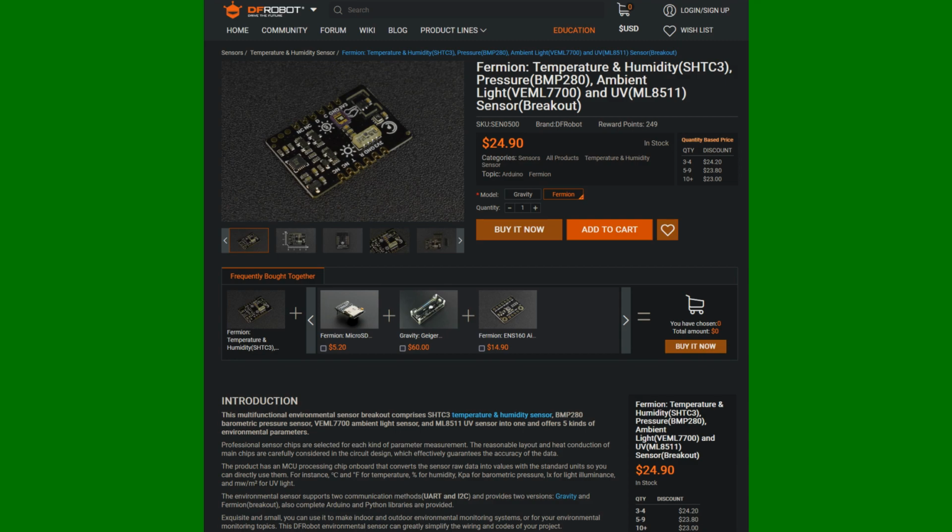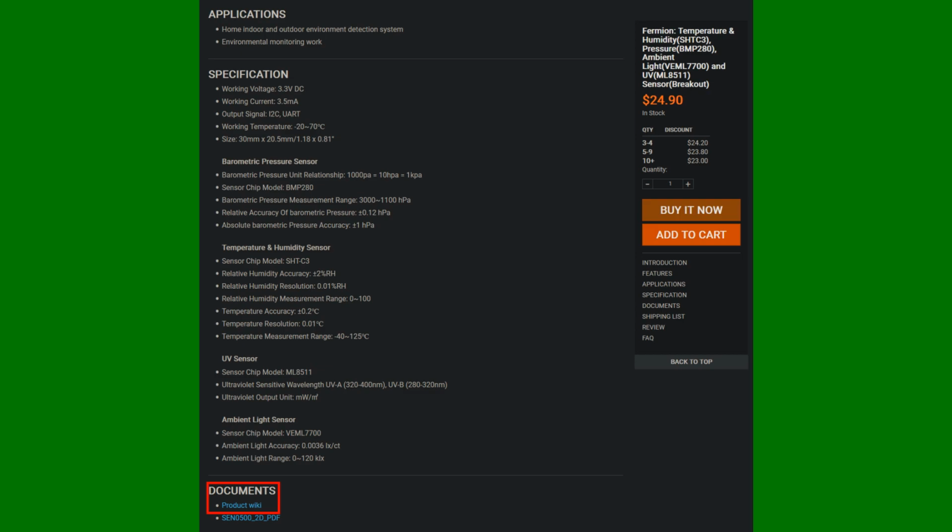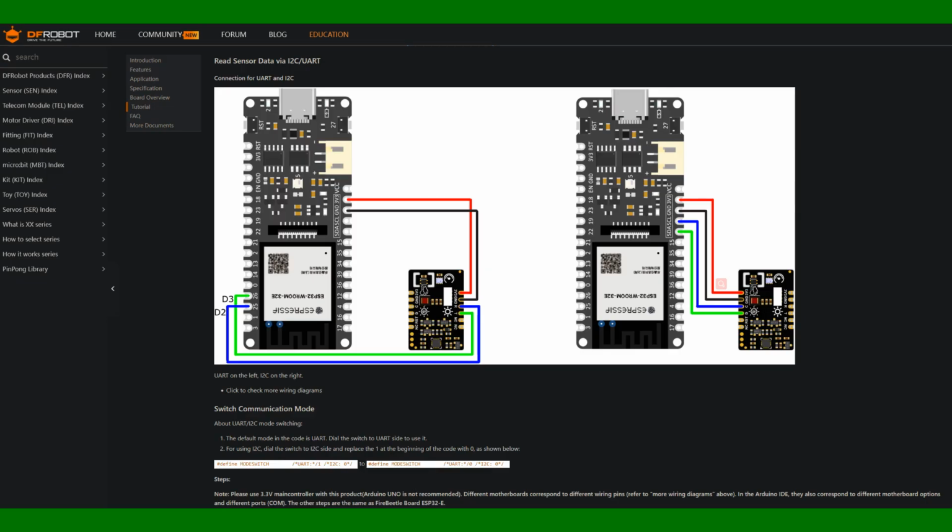And just like on the Adafruit website, this is another reason I like DF Robot. They also provide you with all sorts of information about the sensor itself, and how to hook it up to your Arduino. Down here in the document section, you have this product wiki. If you go here, there's tons of information about the sensor. They show a different type of Arduino on here, but it's pretty much the same stuff that we did in the workshop, because this uses I2C, or I squared C, which is those SDA and SCL pins that we used in the workshop.